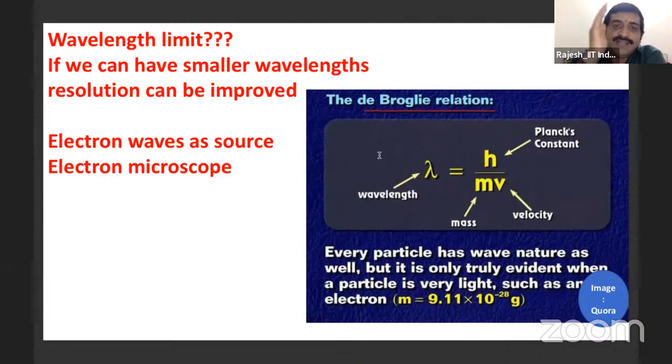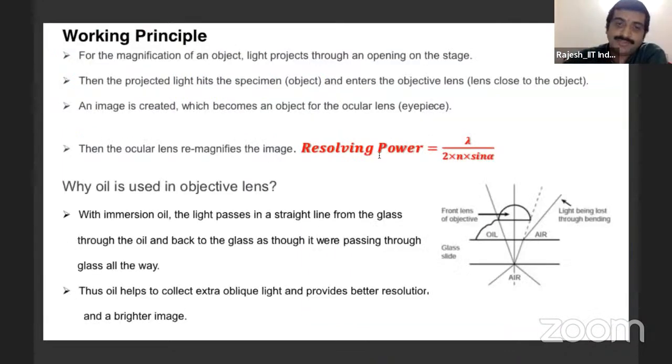Now the scientists came to the limit that you can have a resolution of only this much distance. You cannot see things in between this distance, which is the limit of the optical microscope. Why? Because it has a wavelength which cannot go less than 400 nanometers. So if we have some setup similar to the optical microscope,